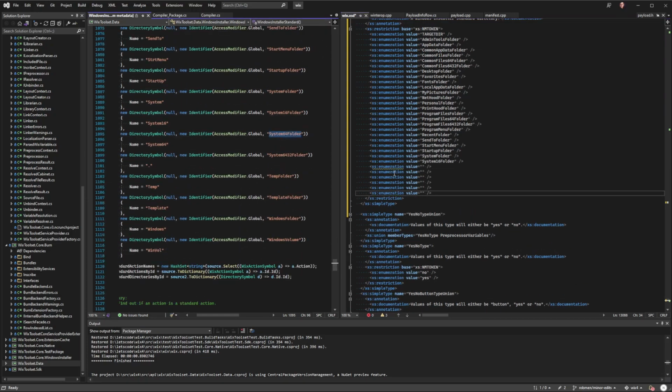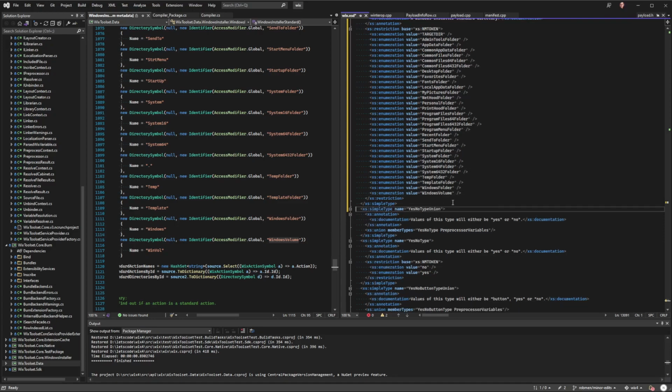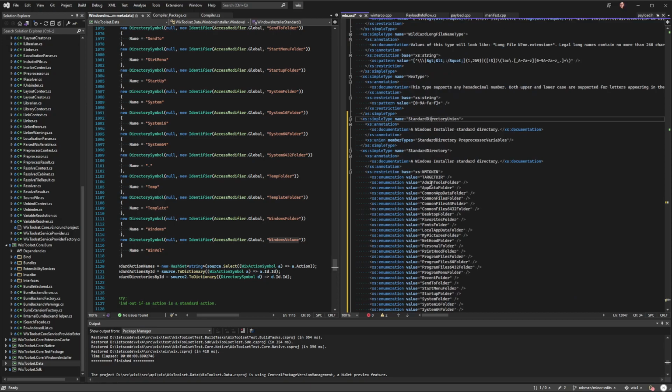It certainly wasn't one of the best design decisions we made early, but it was also very, very early, and it was so fundamental to the world of WiX that it was also going to be one of the bigger ones to change. And in WiX 3, we didn't get to it, so it lived on. Wow, look at that. I tabbed that enumeration just perfectly. That's cool. Okay, so now that we have the standard directory union,